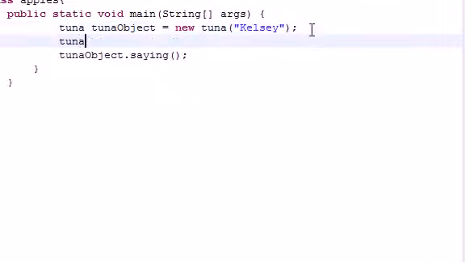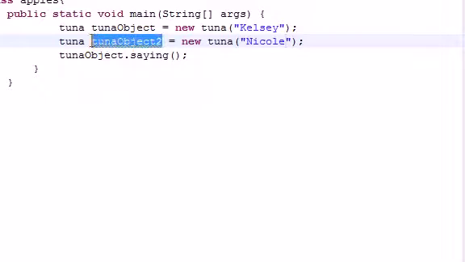So say you had another object called tuna object 2. And another thing I want to point out, I don't know if I told you guys this before, but every time you have an object, it has its own set of variables. So for example, say you have something in this one called Nicole. That was the name of my second girlfriend,